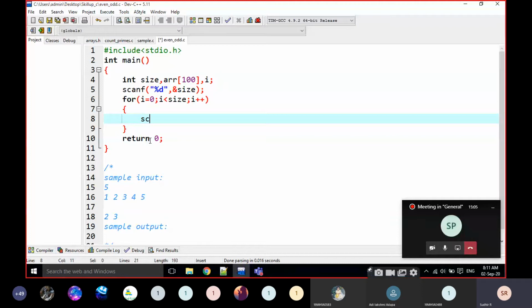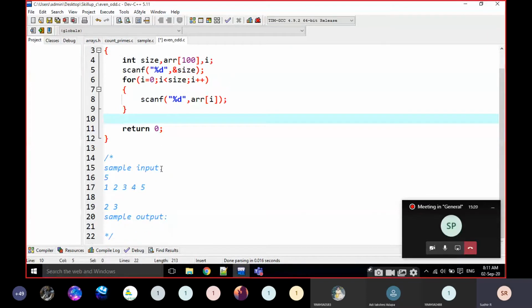And next I am going to read it, ARR of I. So here there are two functions, for example, even count and odd count.